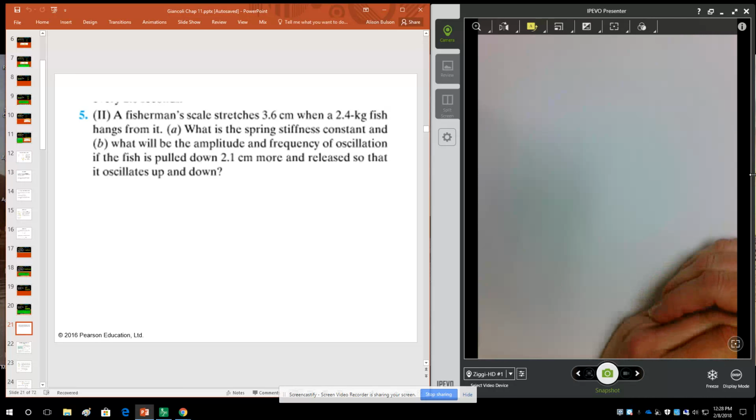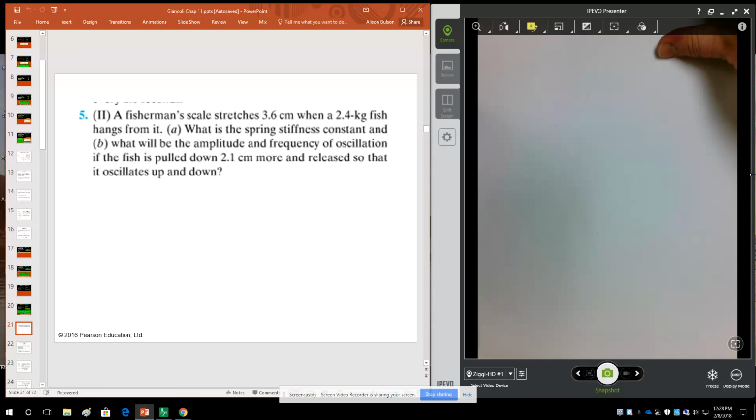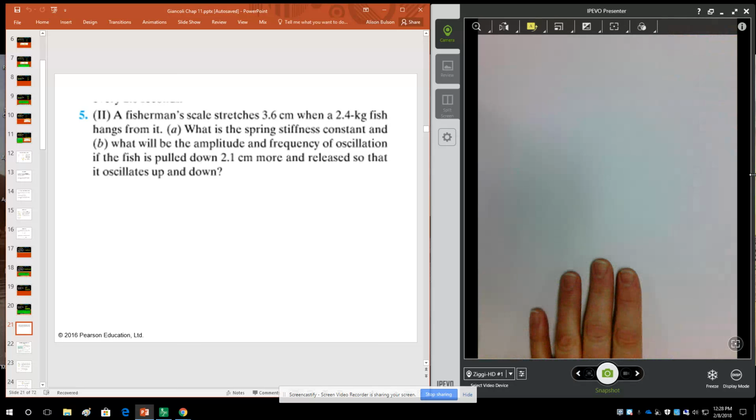Oh, you know something? I think we have to come back to this. I've put this in a bad order because we really haven't looked at frequency and amplitude yet. Let's come back. Or rather frequency. Amplitude is how far it's stretched from equilibrium. But to talk about frequency or period, we need a little more information. So this is my mistake. We'll come back to slide 21 after we've discussed